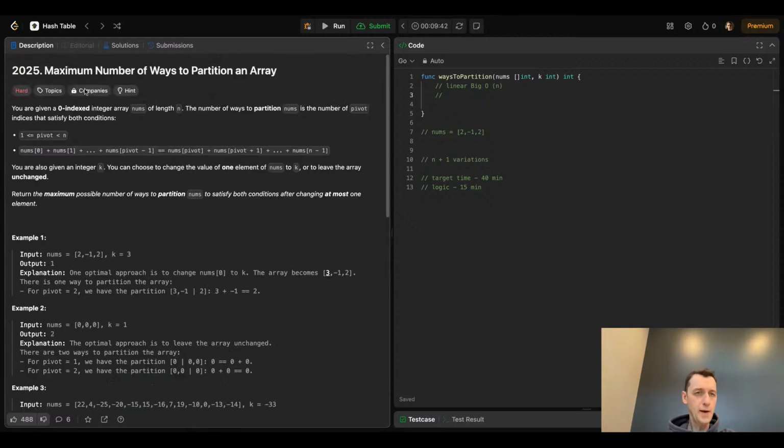What we want to have is the maximum number of those pivot indices. So, like with this example, if we don't change anything, we will hit,